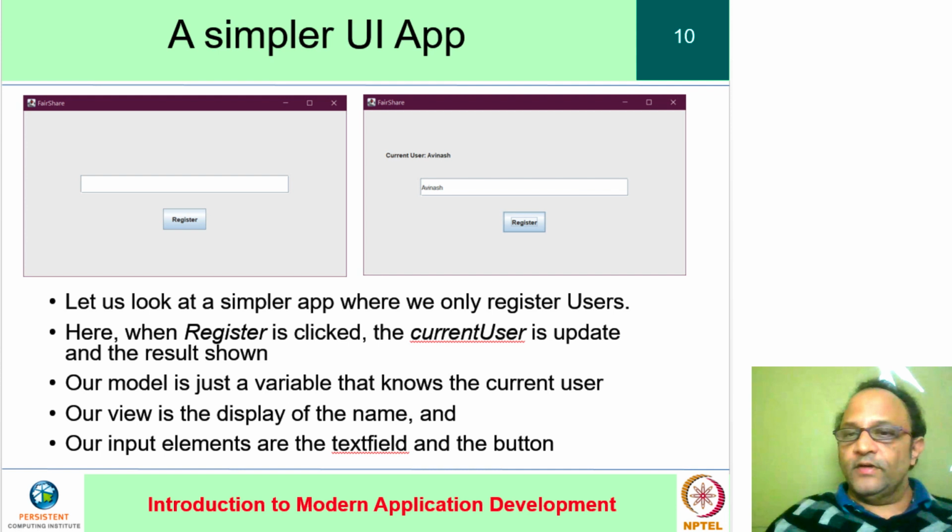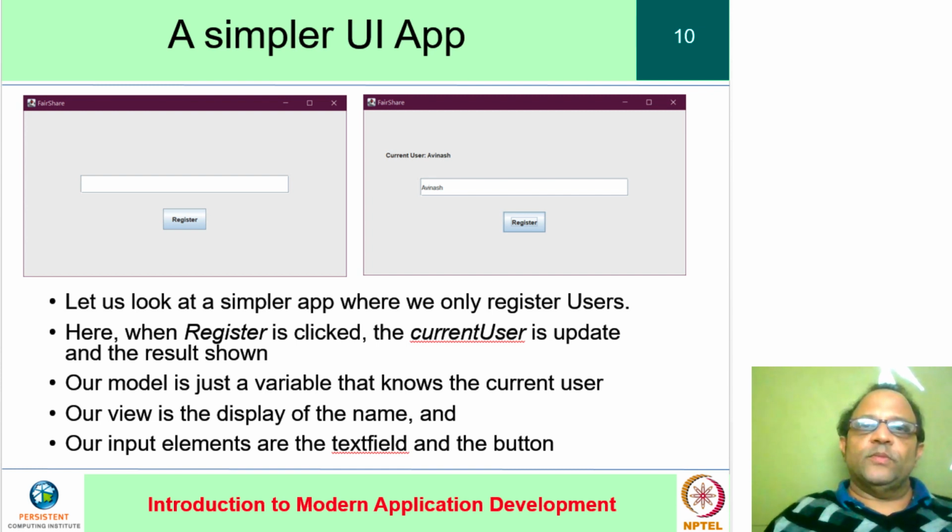Here, as I said, the model is actually a very simple thing. It is merely whatever it is that holds the name of the current user. The view consists of the button, the text field, and the label. And now two connections exist between the view, that is to say, the text field and the button, and another part of the view, which is the label. What sorts of connections are these?